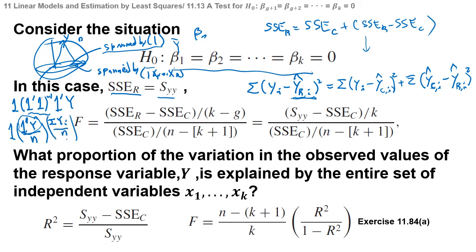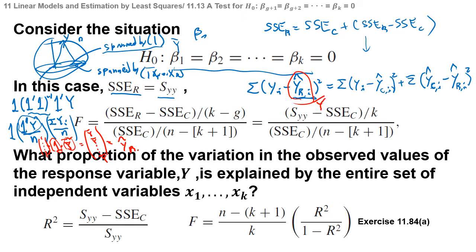And so this is y bar, and 1 times y bar. This y bar is constant, and this 1 is a vector of n ones. So this is the y bar vector, n number of y bars. So this is y hat reduced, and in this case y hat reduced is y bar,